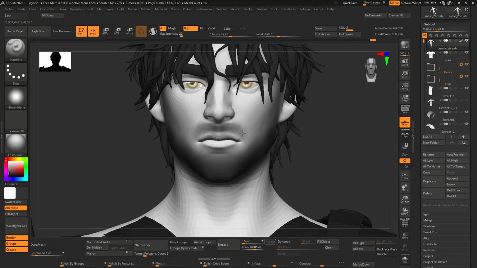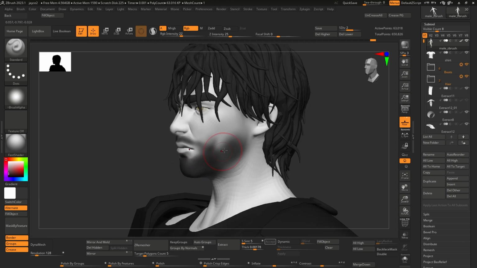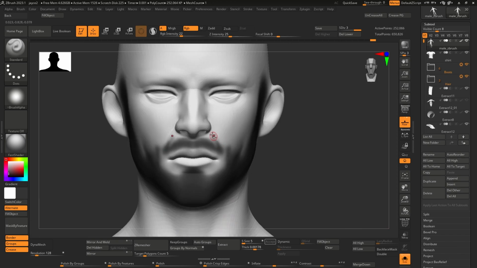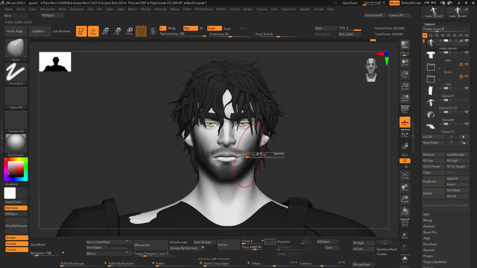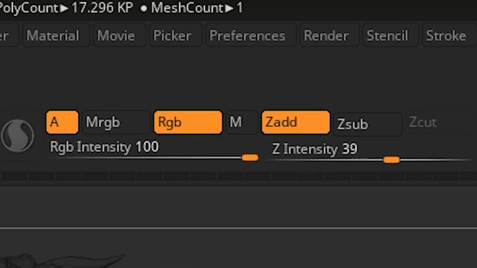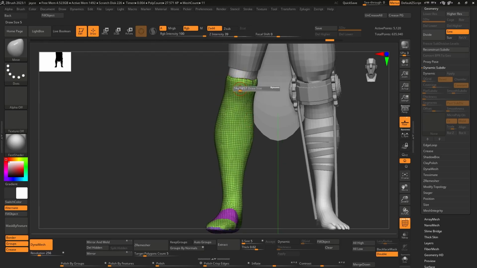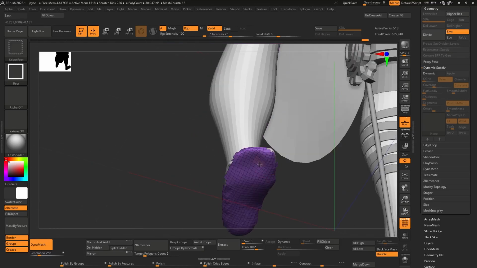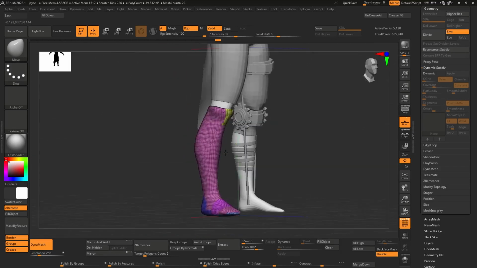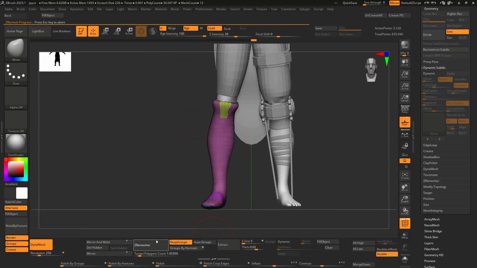I also just took this opportunity to block in the facial hair as well. You do this by just picking any brush, usually the standard brush, and turning off the Z add and turning on RGB. In this clip I've extracted the foot, and instead of just ZRemeshing it because the toes were kind of a bit weird,